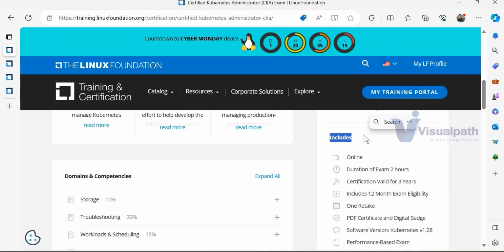The certification is online. You need not go anywhere. You can book the exam and then write the exam. There are some compatibility tests which they will do on your laptop, to check that your laptop is compatible, because they will be running some software, there will be a camera, and a proctor will be sitting. A proctor means a person who monitors you continuously for the next 2 hours while you take this exam online. You have to open the camera, and the camera will be open all the time.